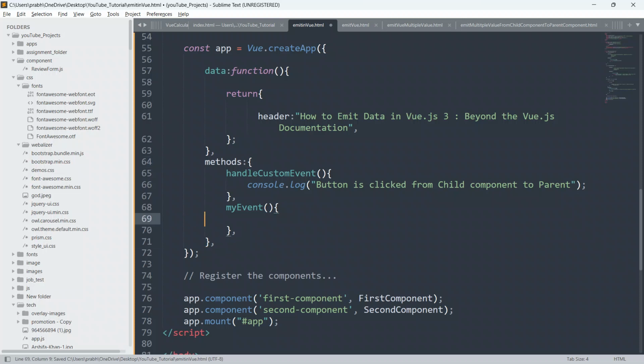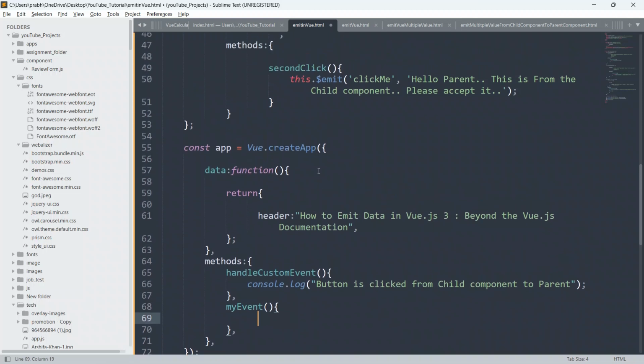So we will just define this method now. So guys, as you can see here, we are sending one payload also using this click me custom event, because it is emitting data also, along with this click me custom event to the parent component.